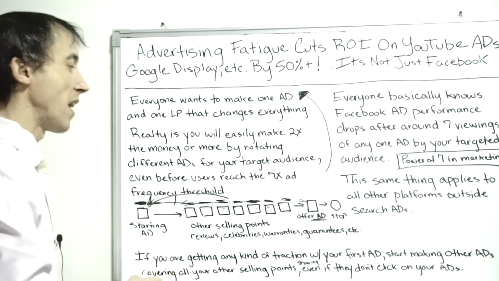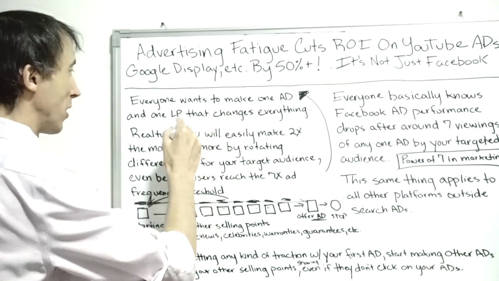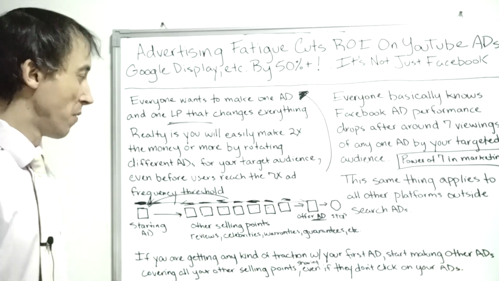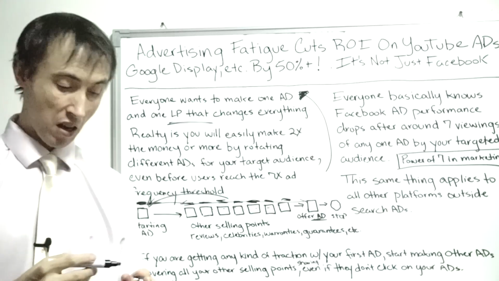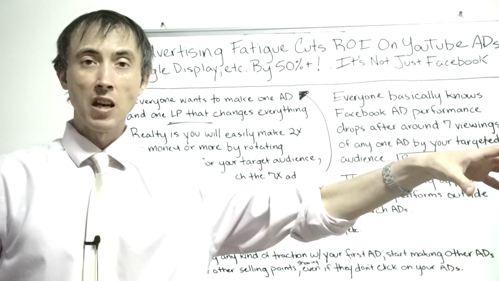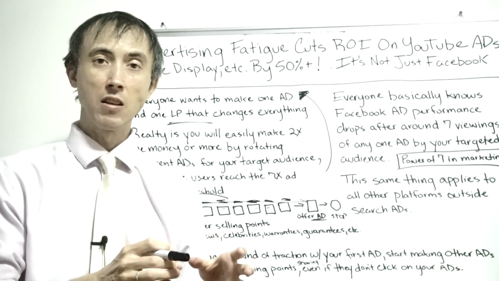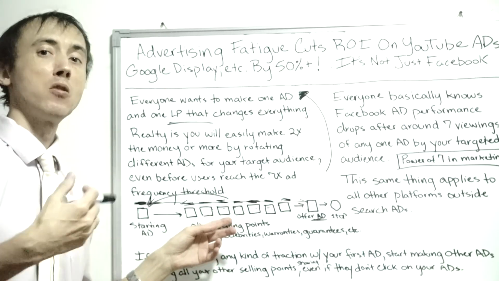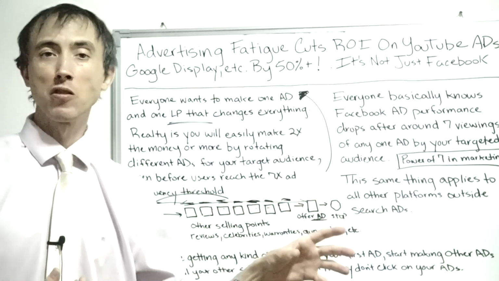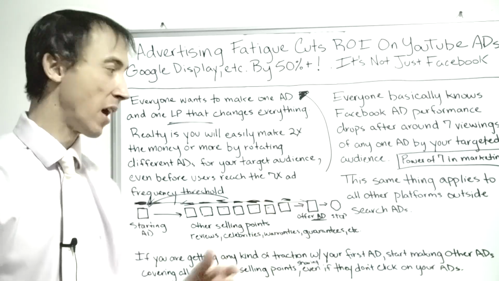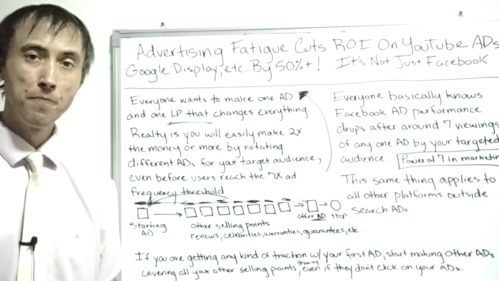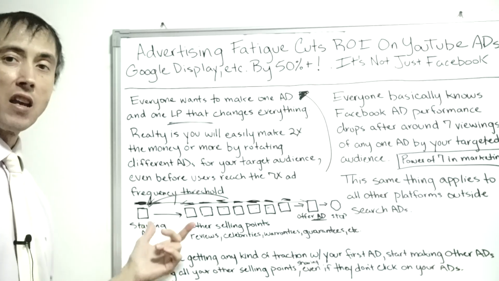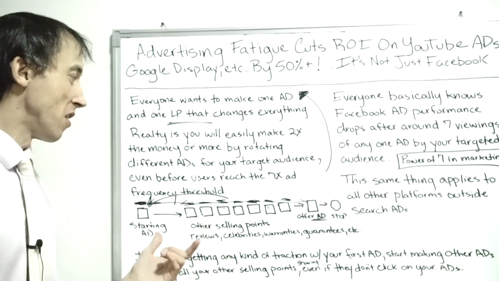And as a last thing, to reinforce what I said about landing pages, each subsequent ad, by the way, you're not sending them to your same landing page again. If you want to do this the right way, going back to what I said about it being harder to find an audience to sell to than it is to just get more value out of an audience that you find that works, if you feature a celebrity endorsement on one of these ads, you send them to a page that talks about that celebrity endorsement. You don't send them to the same landing page every other ad sends the user to, because you're going to get a lot more value out of your audience that way than you would otherwise.